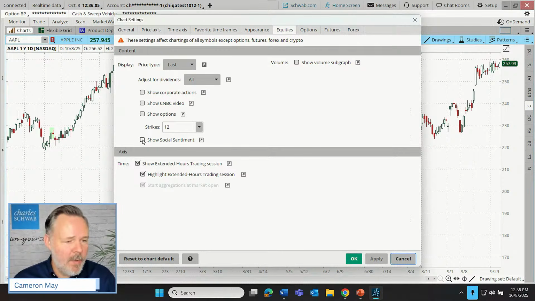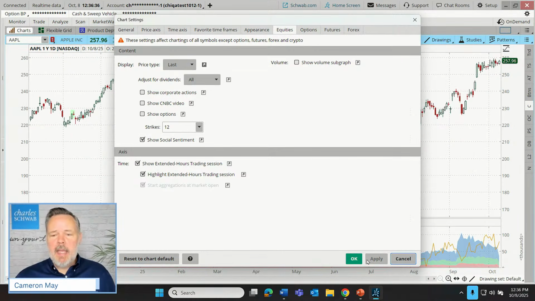Let's see, John says, if you're always wanting your chart to go back to the default, why not simply click reset chart to default rather than manually doing it? John, that's good. The problem with that is it resets every element. So we could, but typically what I'm doing here is demonstrating things as I'm adding one thing and then taking that thing away, but I may not want to make universal changes to everything else. That's why. But let me just check the box for show social sentiment.